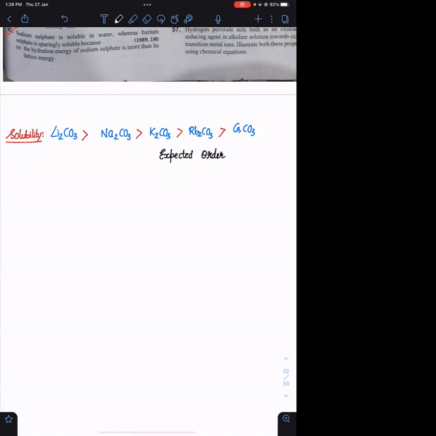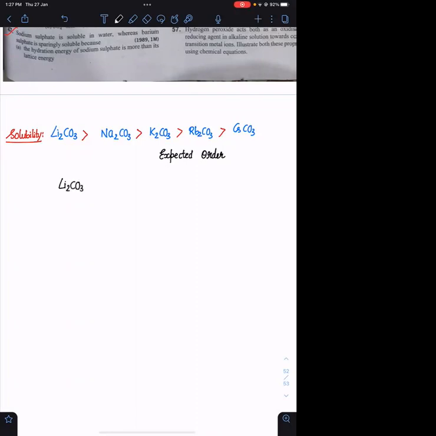हमने S ब्लॉक में ग्रुप 1 में सॉल्युबिलिटी के बारे में कहीं पे भी देखा नहीं है. नोट्स में थर्मल स्टेबिलिटी के बारे में मार्क किया है, बट सॉल्युबिलिटी मार्क नहीं किया है. We have marked this order in the chapter of chemical bonding, so in the notes also please mark this. There is an exception in this. In this case, the solubility order becomes